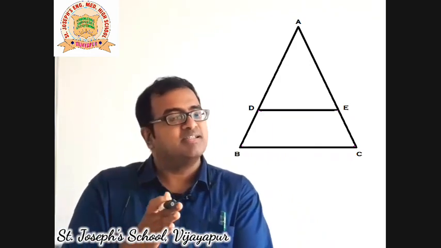So there are two parts in every theorem. The first part is called the hypothesis, which we believe first, which we assume, or we can call it the given in the theorem. And the second part is called the conclusion. The conclusion is what we have to prove. Every theorem has two parts. What is that? Hypothesis, conclusion.